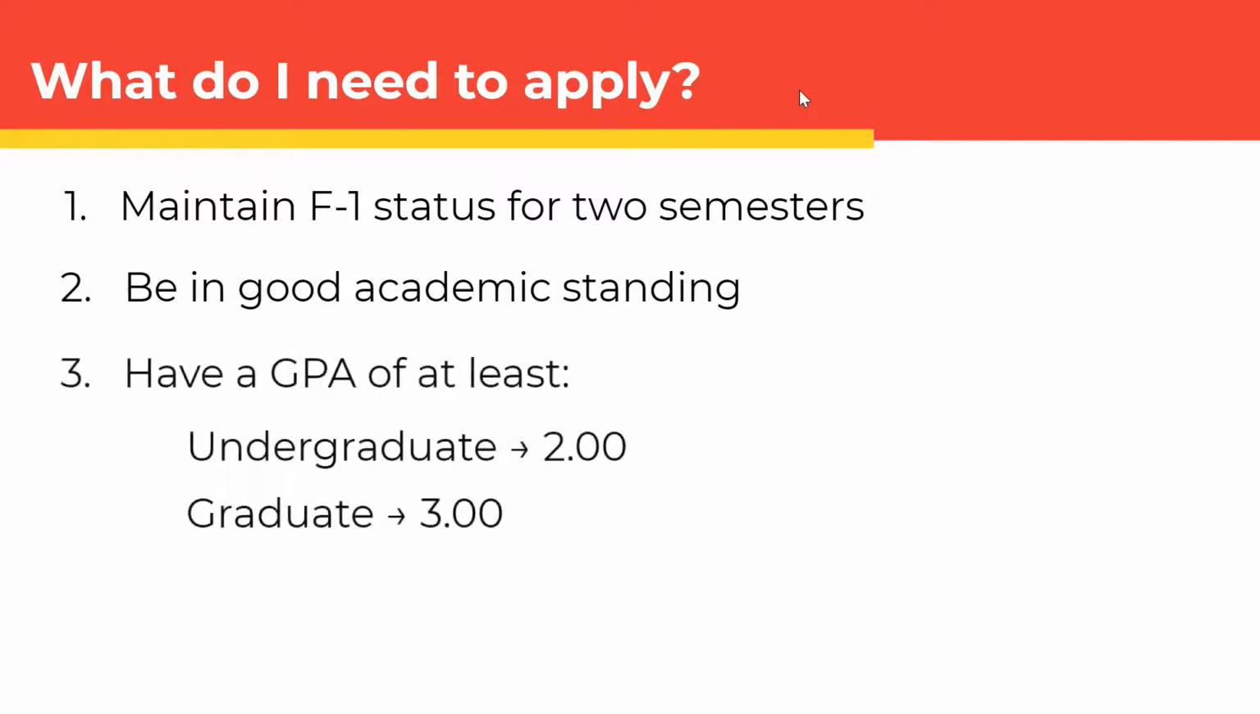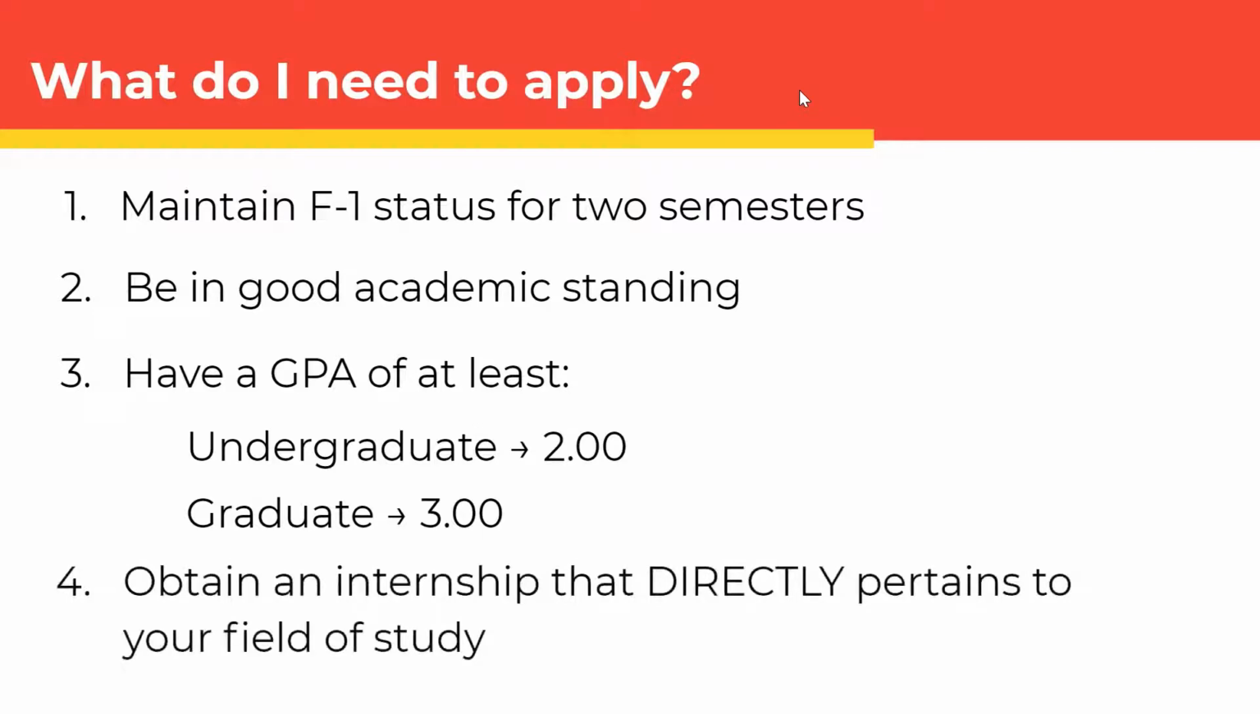If you're an undergrad, you have to have a GPA of 2.0 at minimum. And if you're a graduate student, you have to have a minimum GPA of 3.0. And finally, the job that you have obtained, whether it be an internship, a co-op, or something else, must be directly related to your field of study. So if you're a bioengineering major, you likely won't be able to work an internship that has to do with